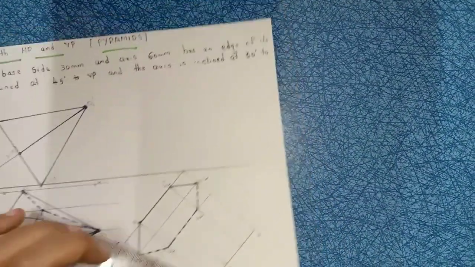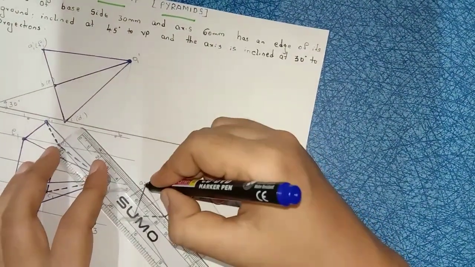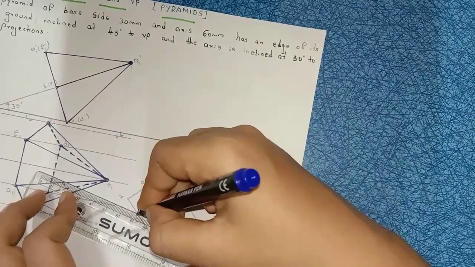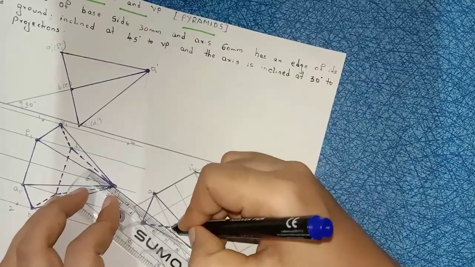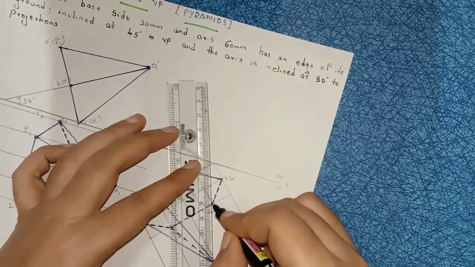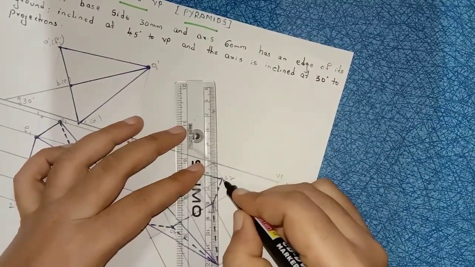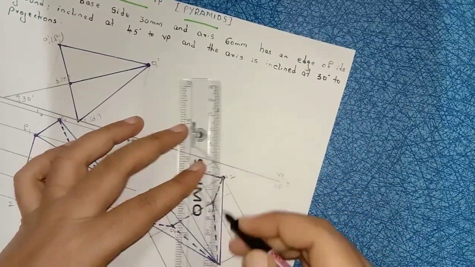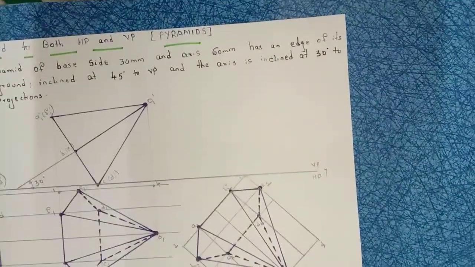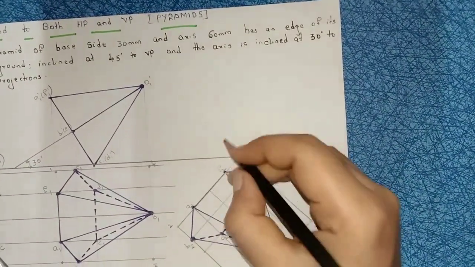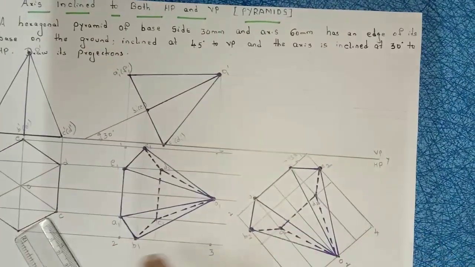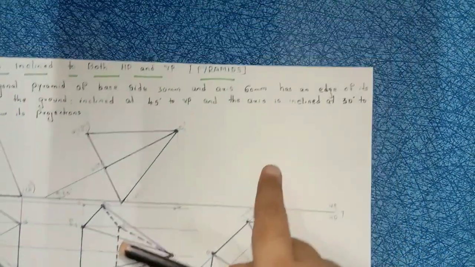Right, after that same process, O to A2, O to B2, C2, again here D2, E2 and here F2. Right, same hexagon we are constructing here with an angle of how much here? 45 degrees. Right, so after that 1, 2, 3, 4, 5. Now sixth step will be here.